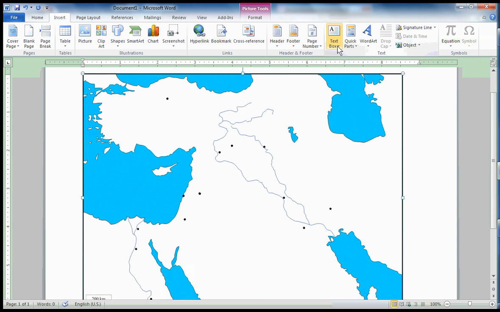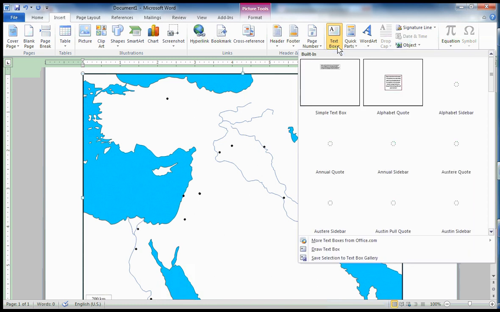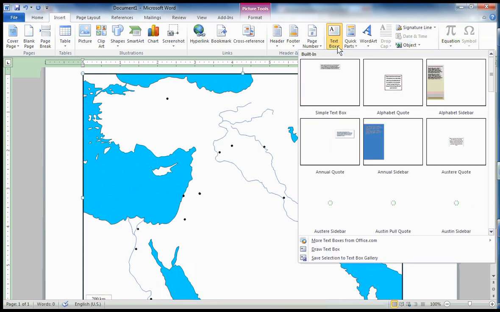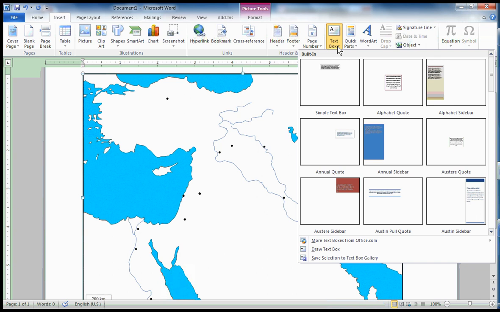And so what you do is you click on the text box. Now what's probably going to happen when you do that is you're going to get this window with all these different options. You really don't want any of those options. They're fancy things that are nice, but you don't want anything fancy. You just want the basic box. So what you do then is you come down here to the bottom,